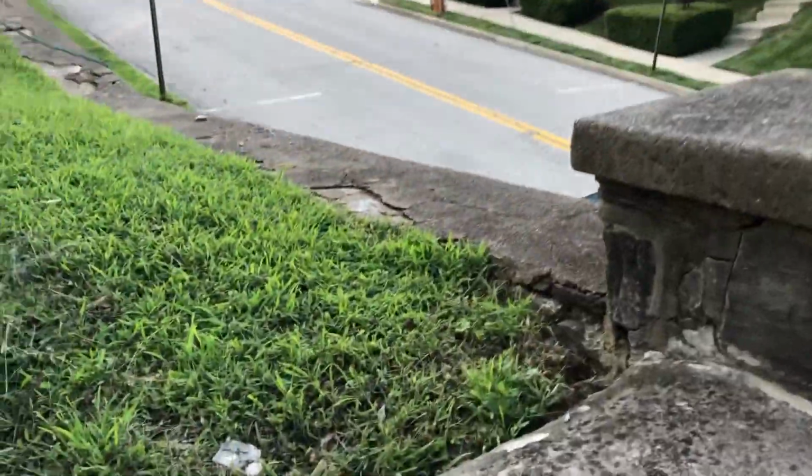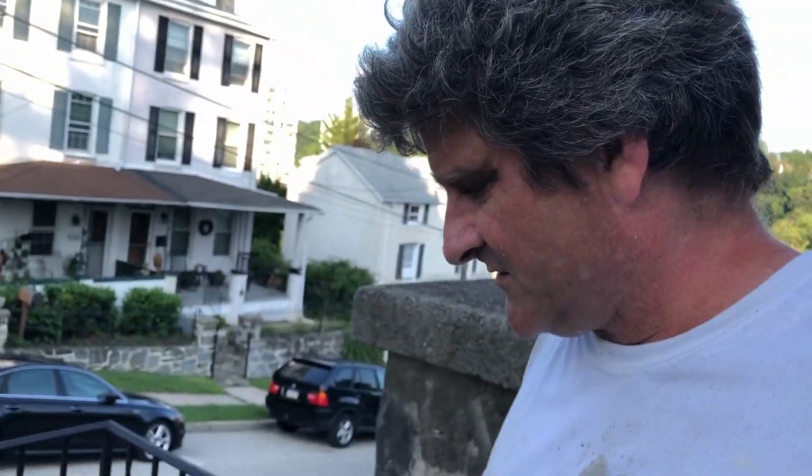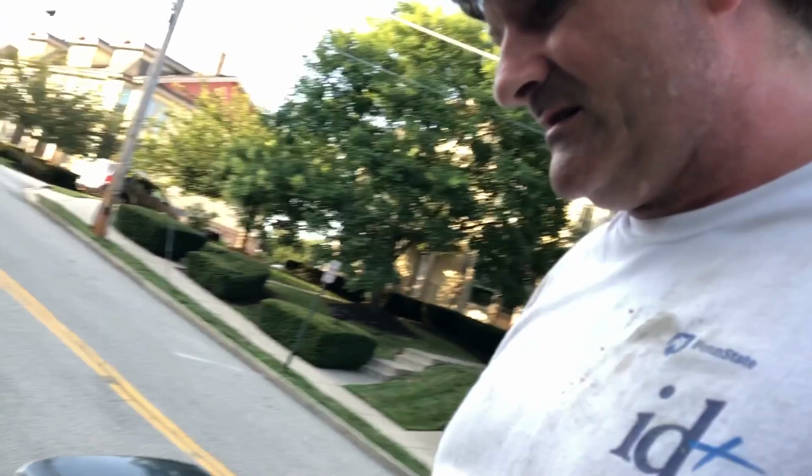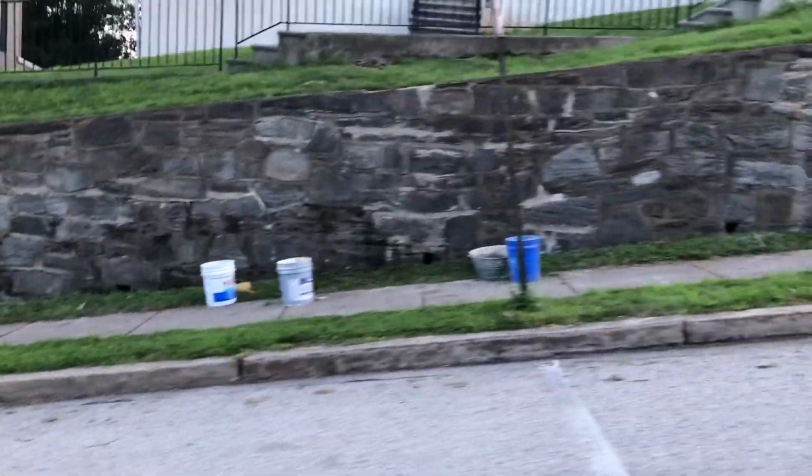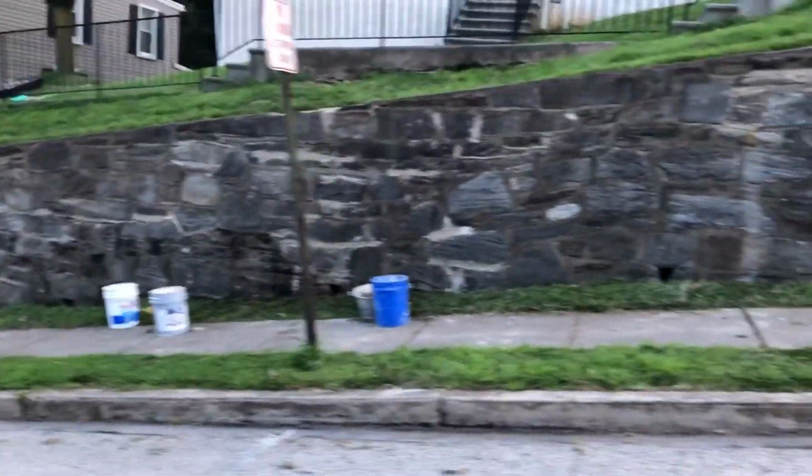But I'm getting there. Doing the top of that, I'm still not sure what I'm gonna do. I'm probably gonna use some fast drying cement or something, and some concrete adhesive too at the same time. Roll it on there, do that, and I'm definitely getting there. So it's just about done. Tomorrow those will dry, and I'll clean up those joints and then put the top on. I still didn't do the top, but